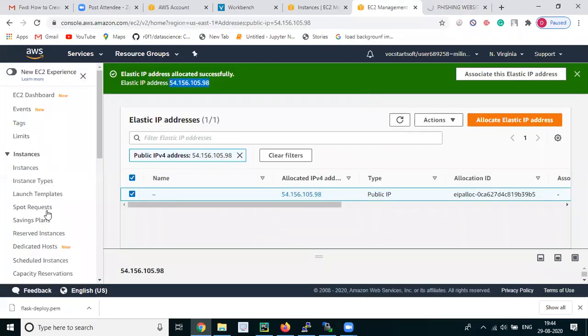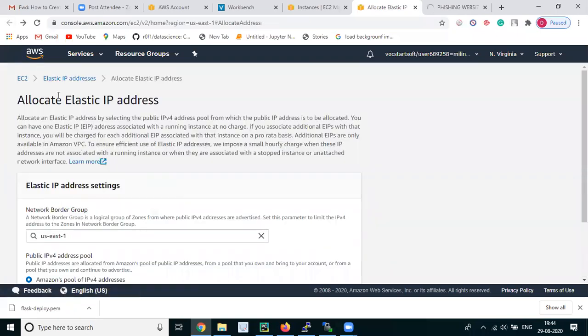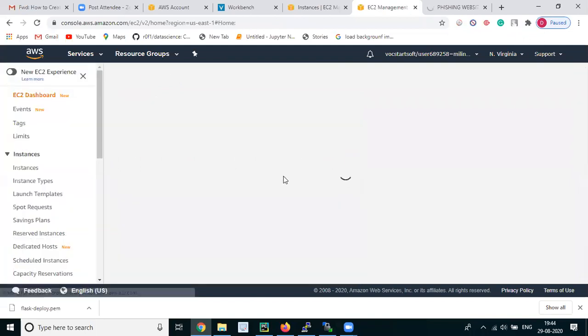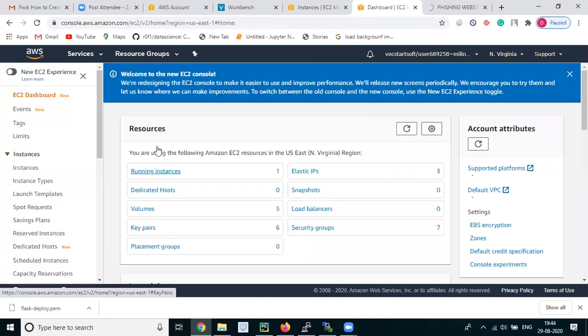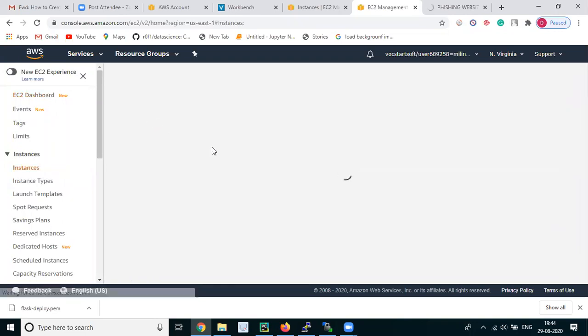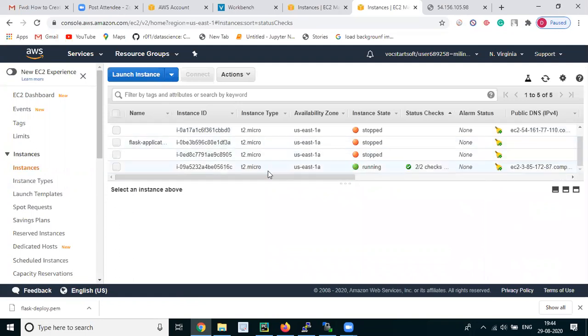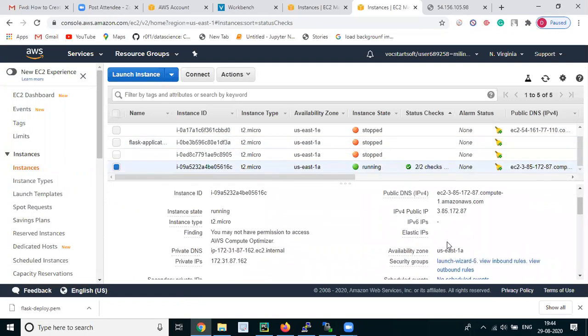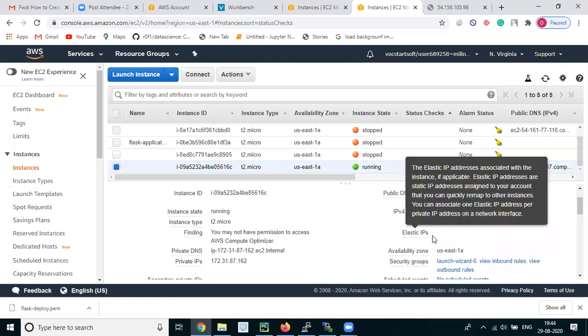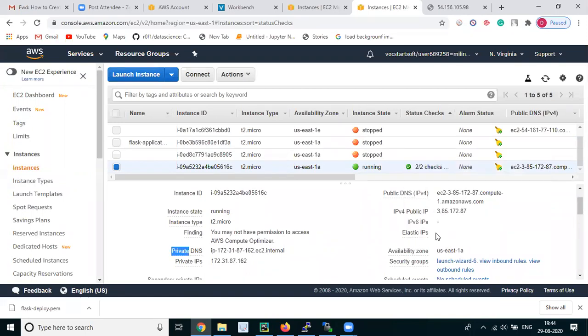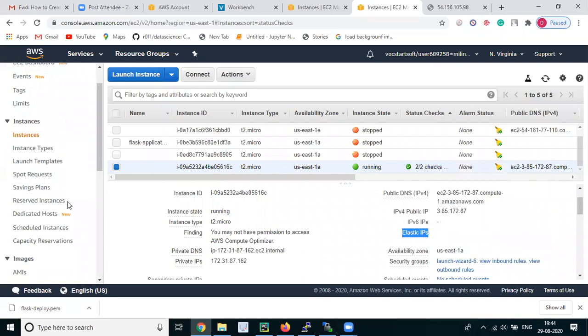If we go back to our AWS console, directly to EC2, running instances, this is our instance. Here we can see that elastic IPs have not been given till now. So we have to associate the elastic IPs.